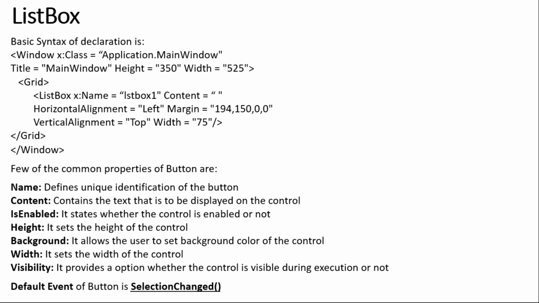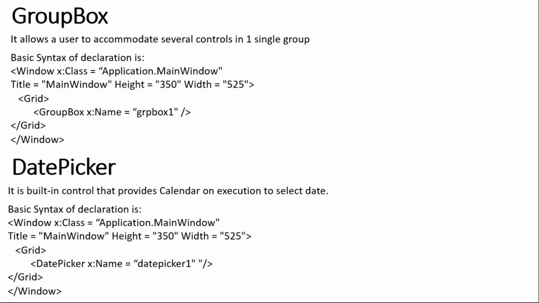Right, moving on to the combo box. Same thing, same properties, and again the change is in the event: selected index changed in Windows Forms and selection changed in WPF. And last is the group box, that you know now. Group box doesn't have any properties, so only group box name equals group box 1.